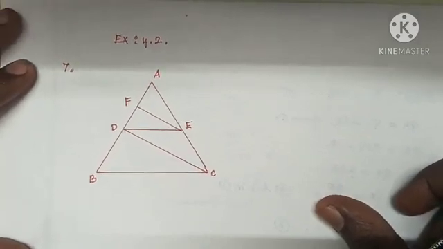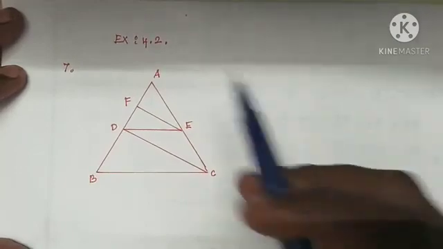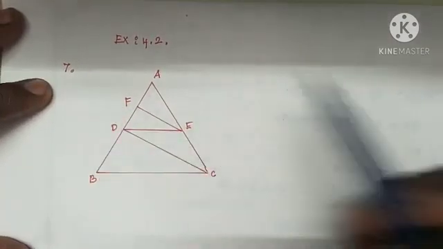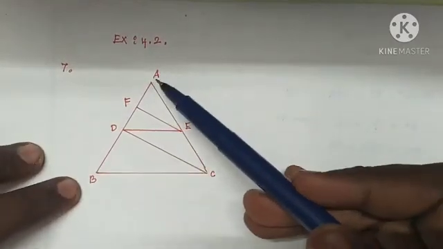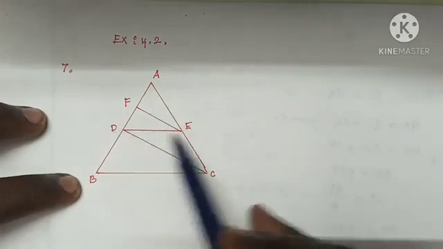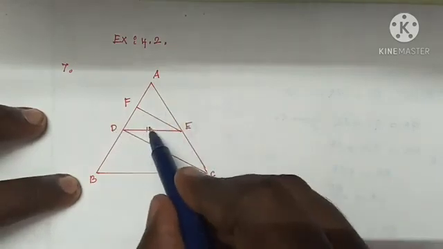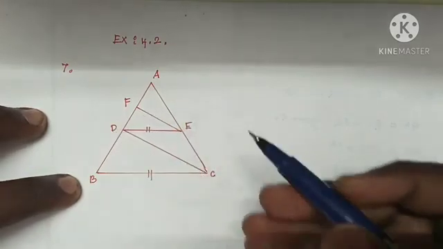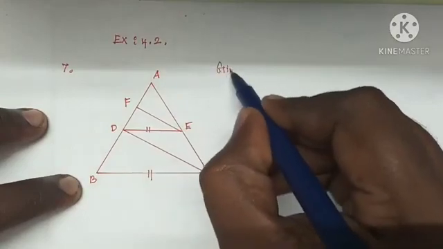In this video we are going to solve a problem in exercise number 4.2, question number 7. Look at the diagram. This is a triangle ABC. Here they have drawn DE which is parallel to BC. Okay, given